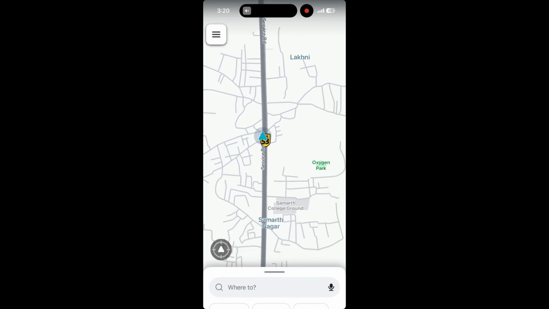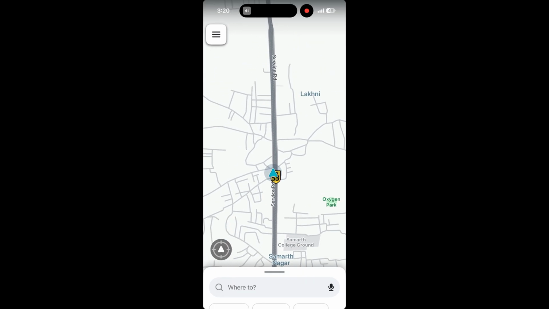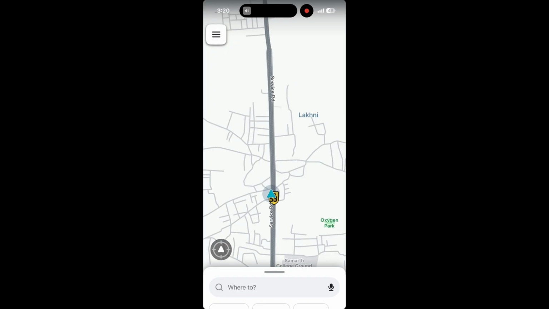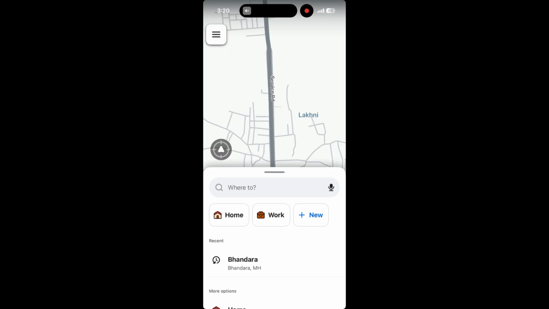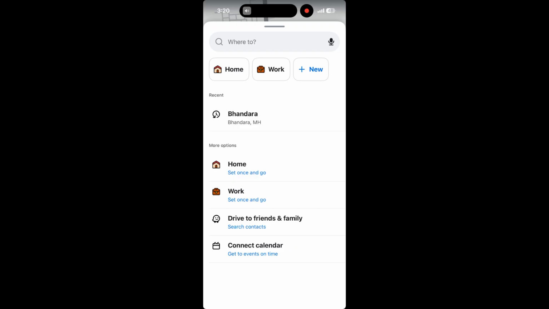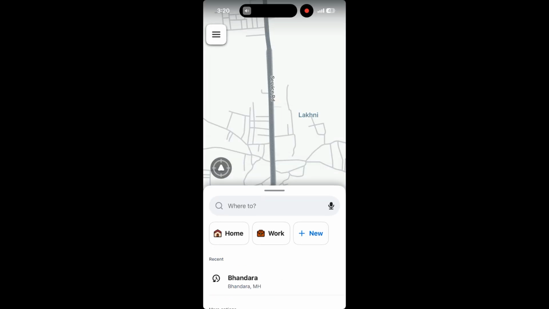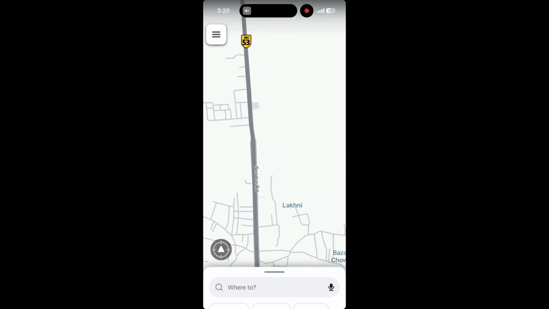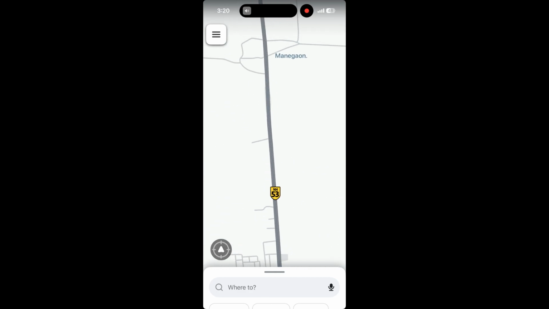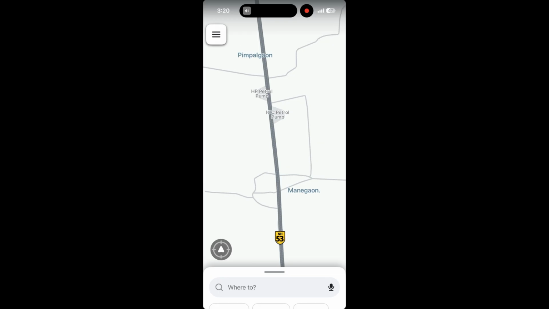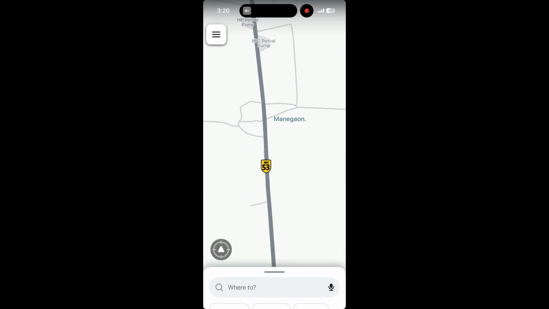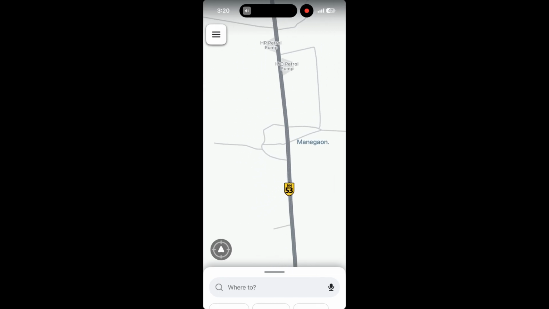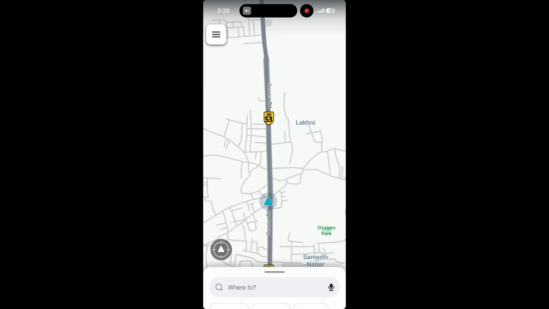Many users think Waze has a chat or messaging feature, but for safety reasons, Waze does not allow direct private messaging between drivers. However, communication still happens in a different way. When you report an accident, traffic, or hazard, other users can see your report and confirm it. This confirmation system acts as indirect communication.